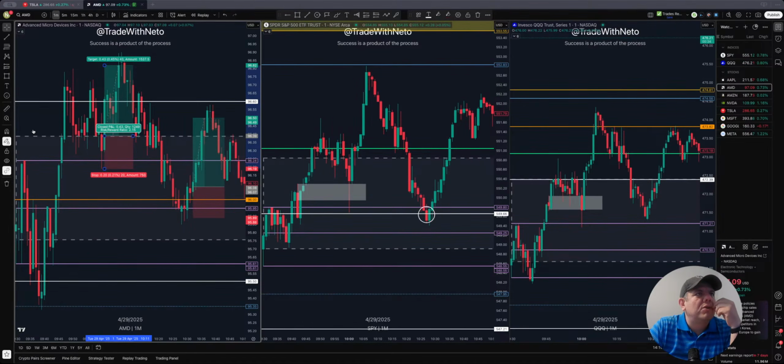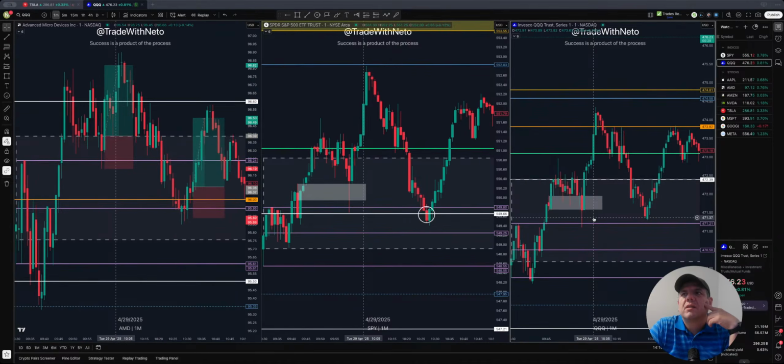I took QQQ at 10:03 and took half off at the push of 10:05, and out at the 10:06 candle. If I had held one contract, where do I take the last contract off? Well, it's a QQQ, right? Yeah. The bar by bar